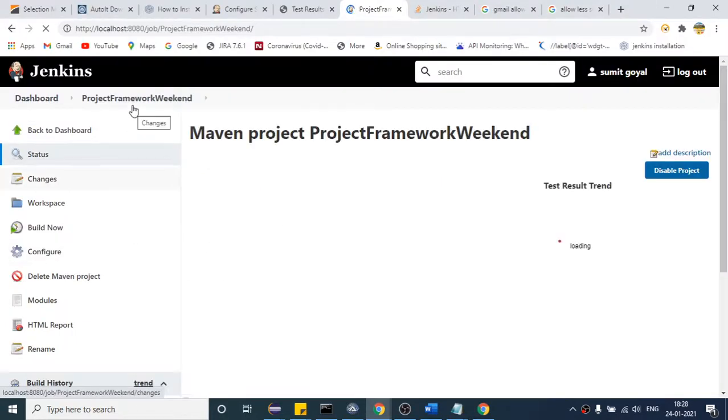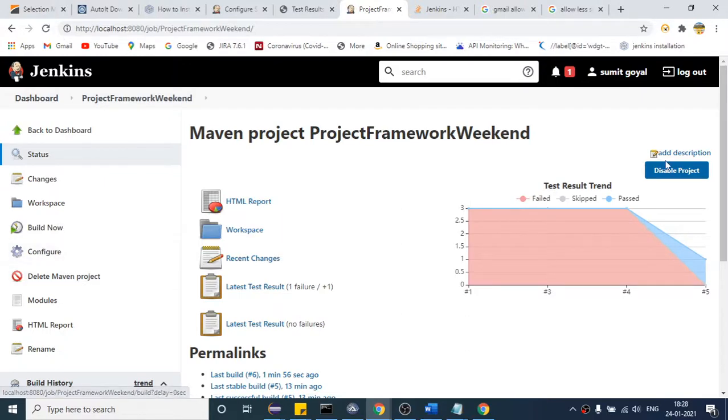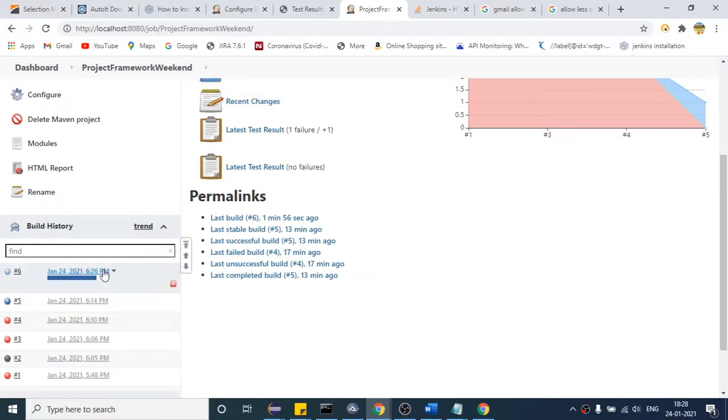Is it sent? Okay, so it is still processing. So that's why we do not receive the email.